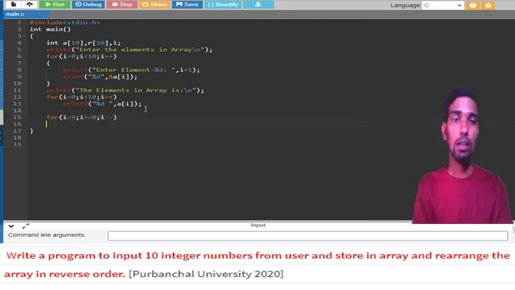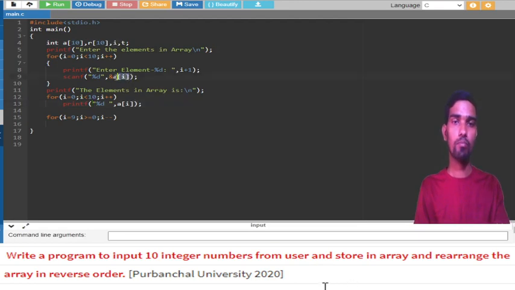Okay, and now what am I going to do? I am going to store the value in r or t. I can store at any place, right? Or I can swap the value. So what way do you feel better? I think it will go a little bit complex for you, so let me try with something much easier. Let me put t again and show you.